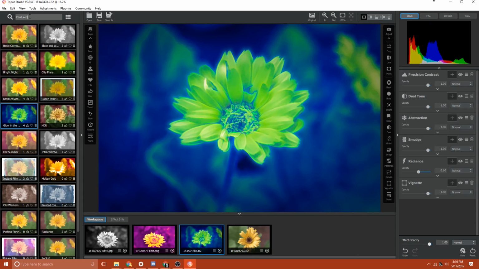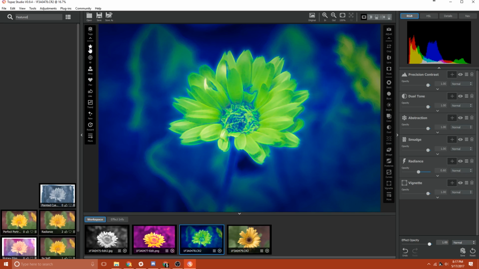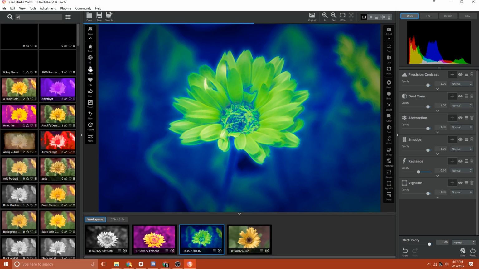Searching effects is pretty easy. You can type into the toolbar, let's say I know what I want to look for. I can search right in this toolbar, but also we have the new effect buttons right here that show categories and different tags that you can search by. So if you don't know what to enter in this button, you can always click the featured button,